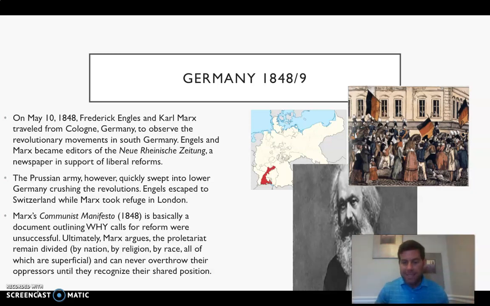But he also recognizes that that's probably not going to happen. The social constructs of race, the social constructs of religion are all a little bit too cemented in society to have a real proletariat revolution. And so in the primary source, I'm asking you to read an excerpt from Marx's Communist Manifesto. And the thing you have to remember, it's always very hard to teach in the United States, is that Karl Marx is writing in 1848.